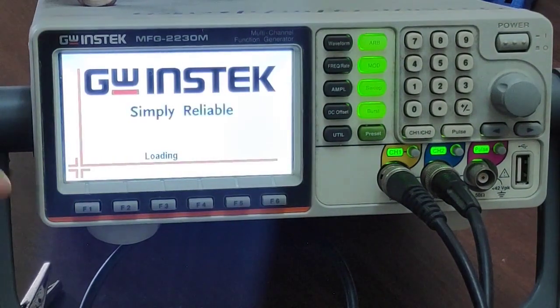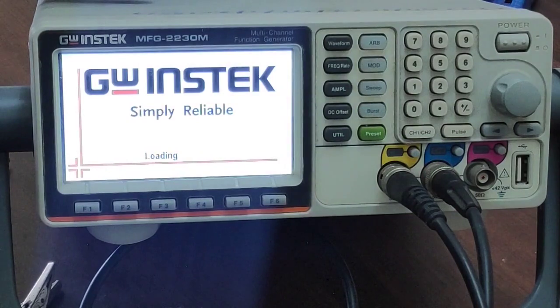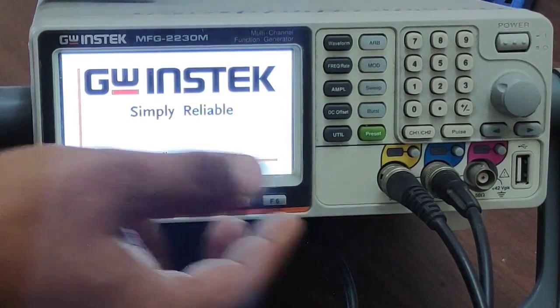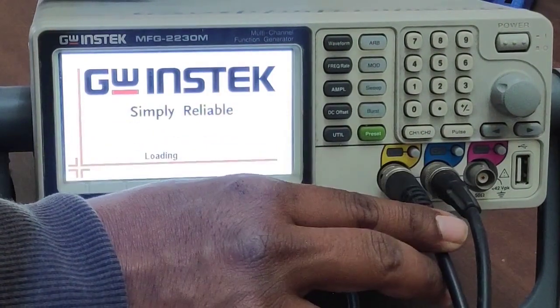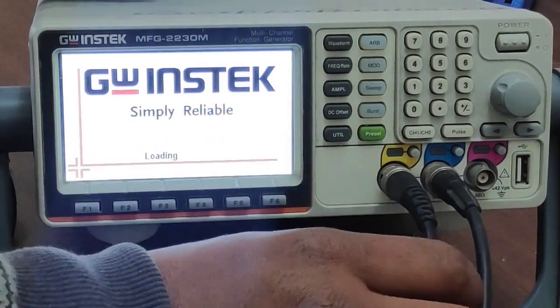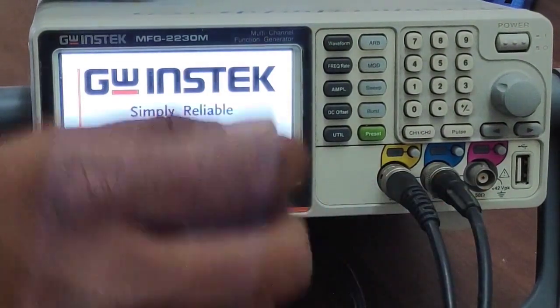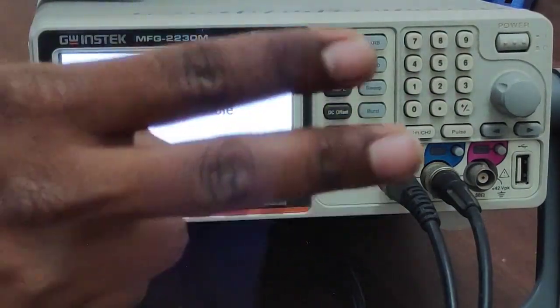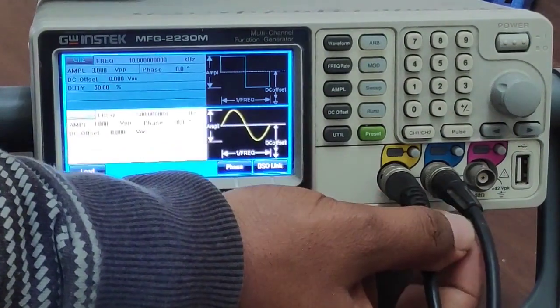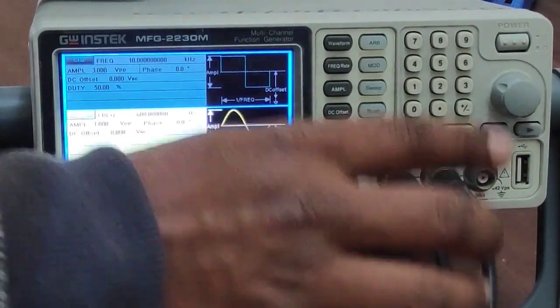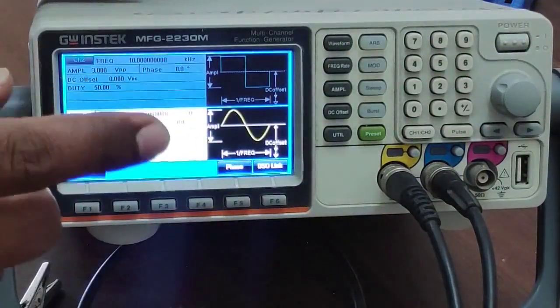The company is GW Instek, and this is a dual channel function generator. What does dual channel mean? Single channel means one output port, dual channel means two output ports. So you can see here I have two wires, both for two different simultaneous outputs.